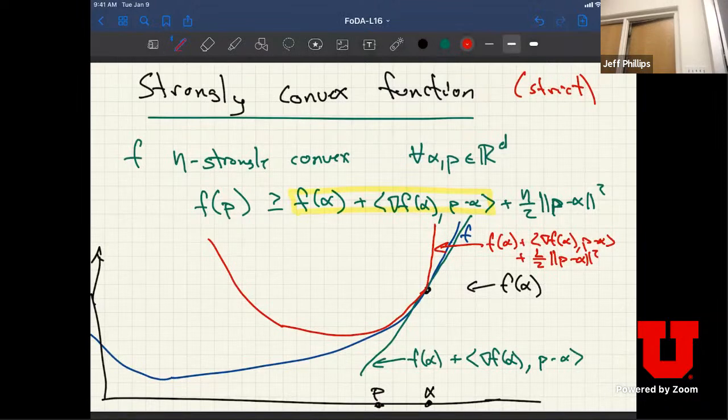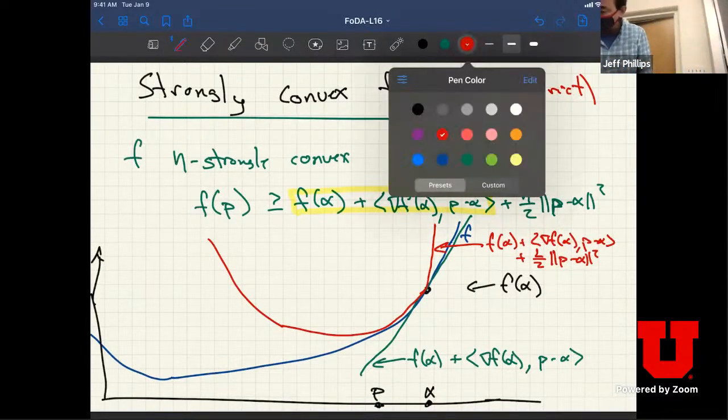Okay, so if I can always draw a parabola where the coefficient of the quadratic term is L over 2, then this gives me a Lipschitz approximation. This means the gradient is L Lipschitz, and that means it doesn't curve too fast. The gradient does not change too fast. And this means I get this one convergent, but the strongly convex function, which is the property we're talking about now,